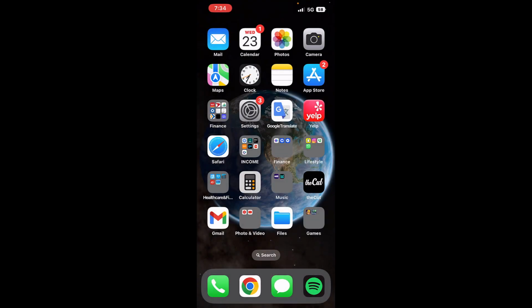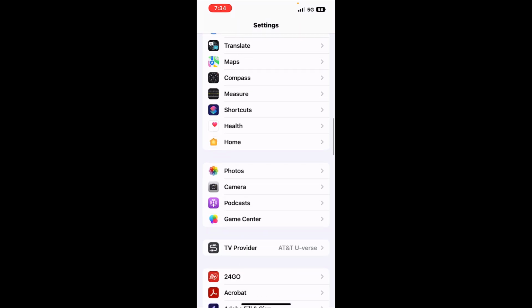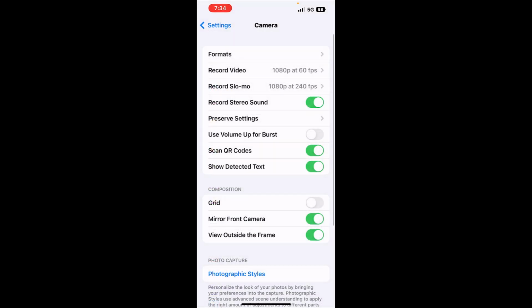So go ahead and make your way to settings, and then just scroll down until you find the camera app. Tap on that to open it up. It's going to open up all your camera settings. Under composition, you should see the grid option. By default, it's disabled. Just tap the button to enable it, and it'll slide to the right and appear